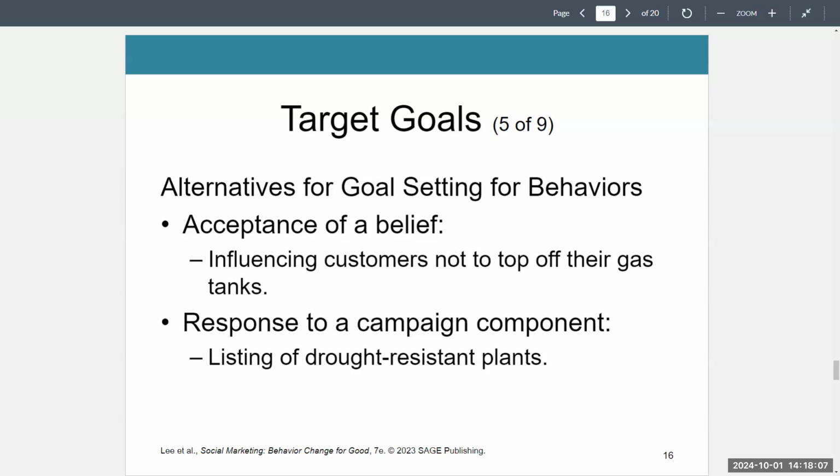So what this does is that campaign components like information, tools, or resources can play a crucial role in that behavioral change. So goals related to audience response indicate the effectiveness of these components in engaging and guiding your audience towards the desired behavior. And this would mean that allowing people to share a particular component of it increases something. You can think about it this way. Again, in regards to, let's say, the dating project that we're working on,